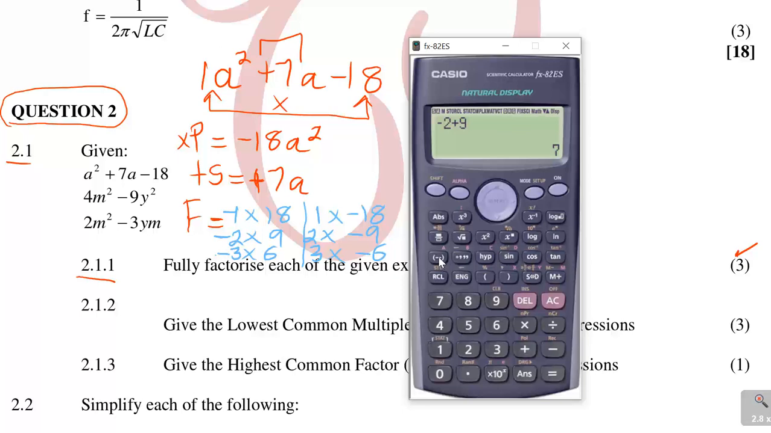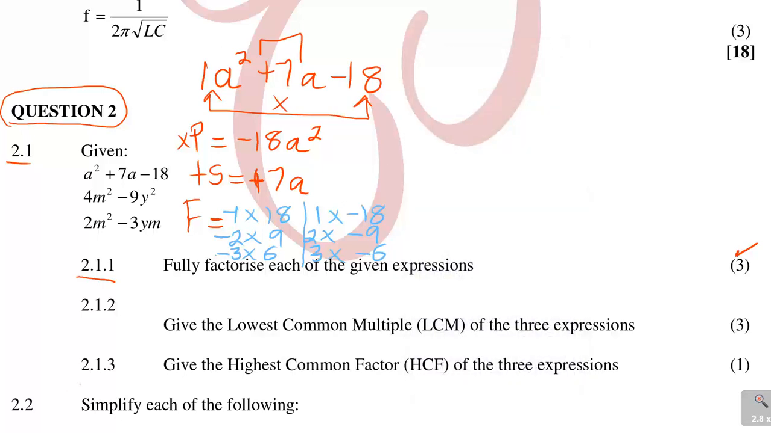But let me try the others just for your sake. Minus 3 plus 6 is off. 1 minus 18 is off. 2 minus 9, it's a negative 7, but I want a positive 7. And 3 minus 6, it's a negative 3. So the answer that I'm looking for from this is the one which is that. So my factors are